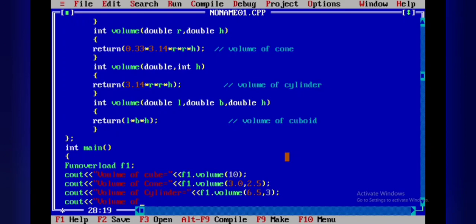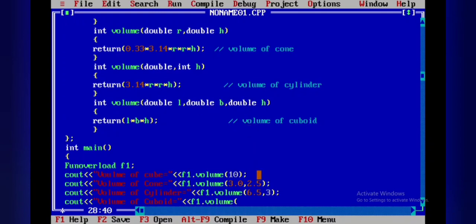volume of cuboid. So it is stored in f1 dot volume of. I missed out double quotes, so f1 dot volume of. In cuboid, the data type we specified is double l, b, h.